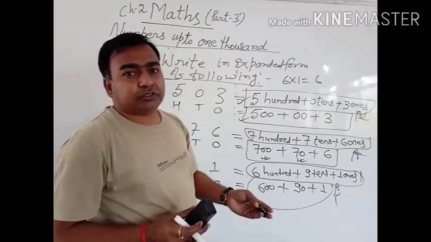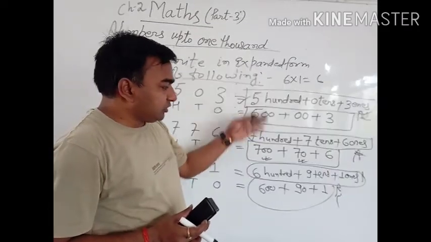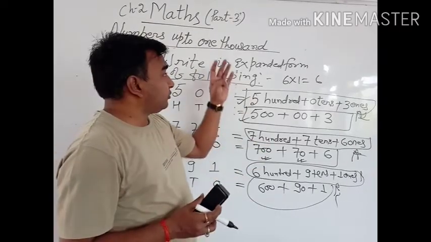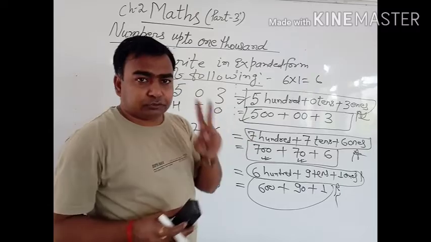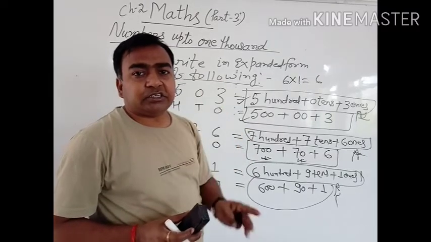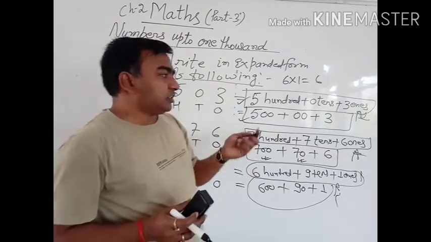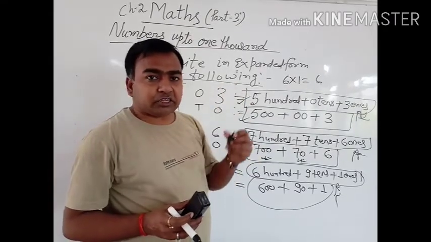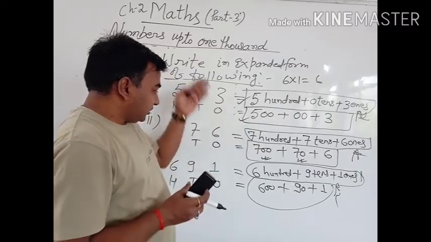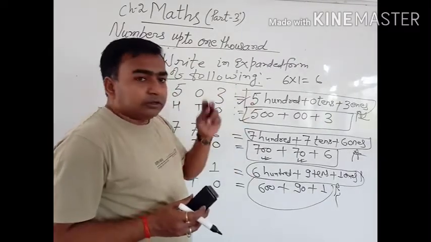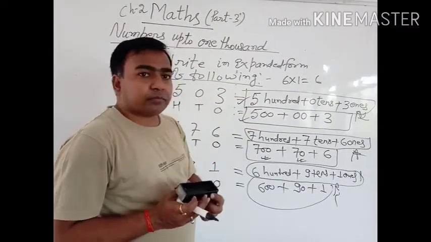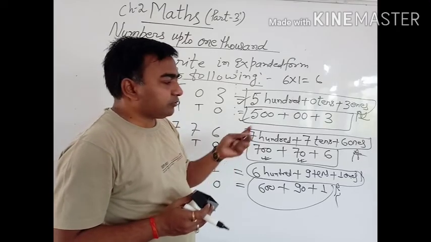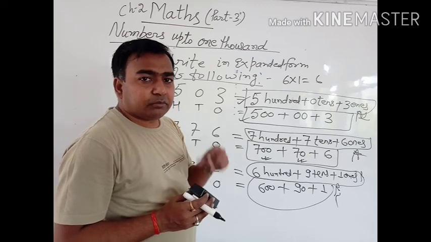You can use either method, or with the help of these different tools, write the expanded form of a given 2-digit number or 3-digit number. So students, in this video we have learned the expanded form of a given number. How can we write the expanded form of a given number? You will do the revision with the help of your book. If you have any problem, you can ask.